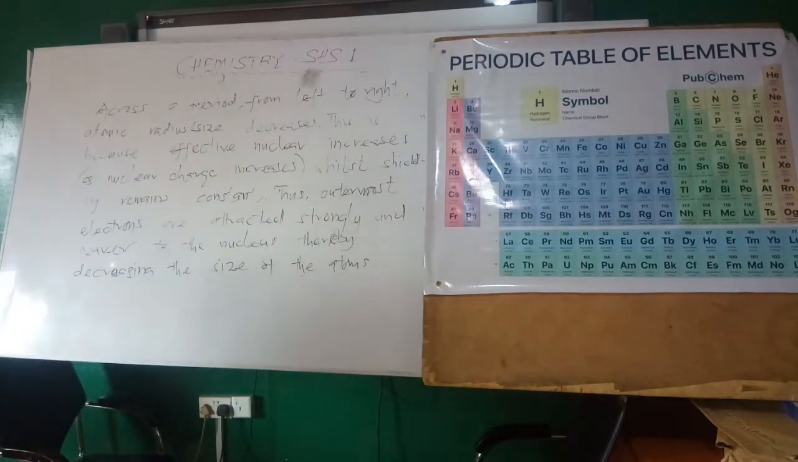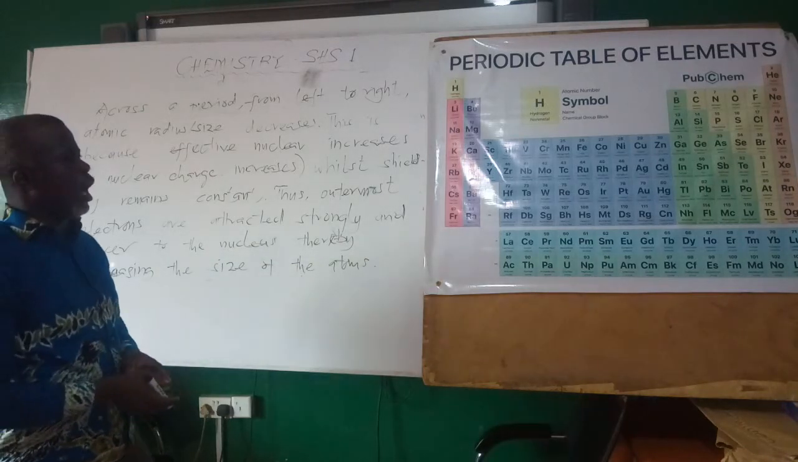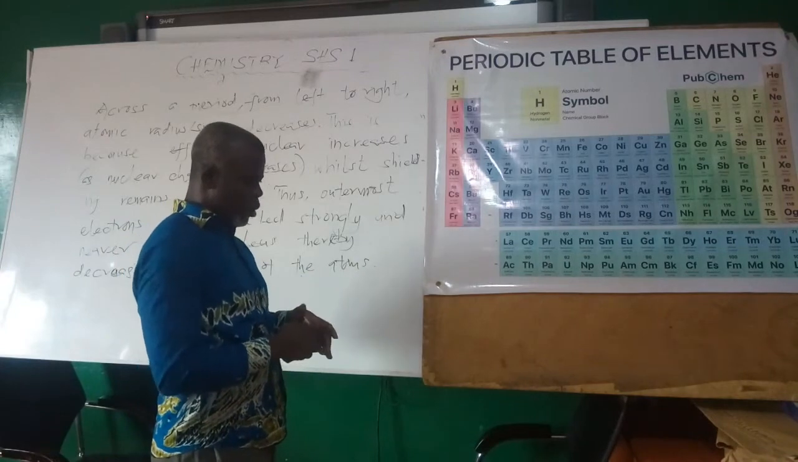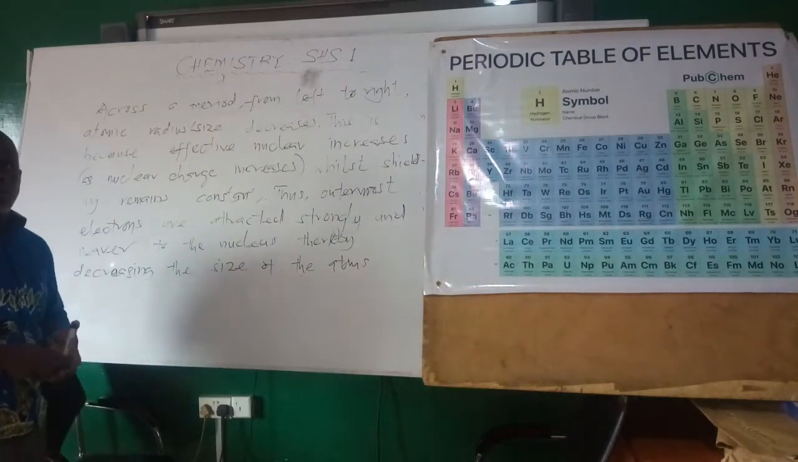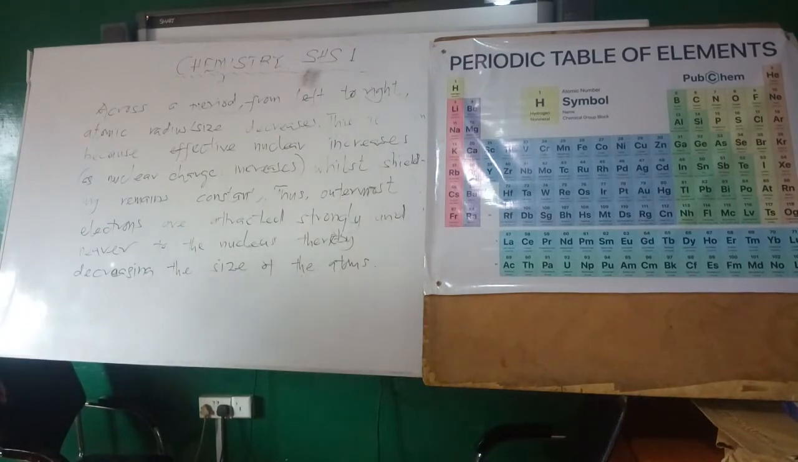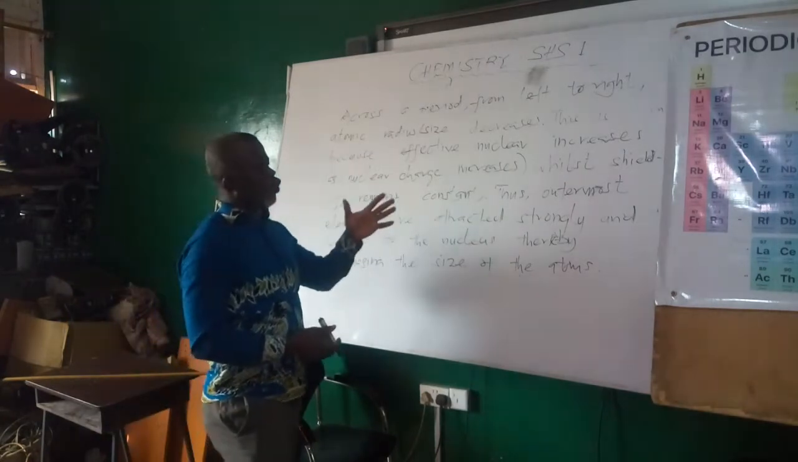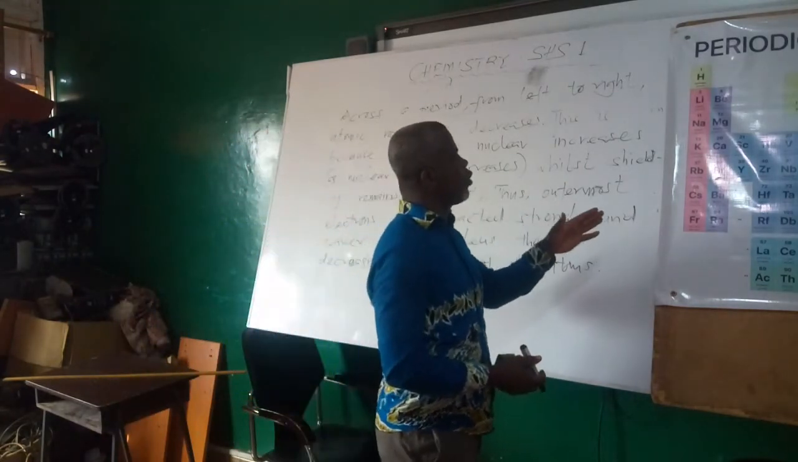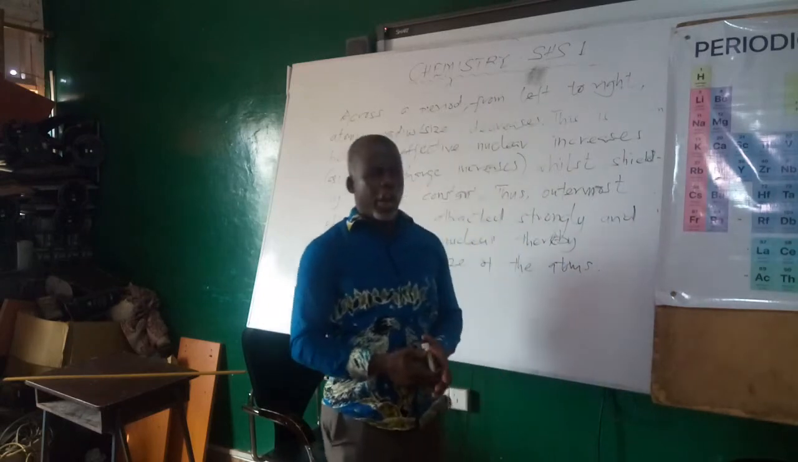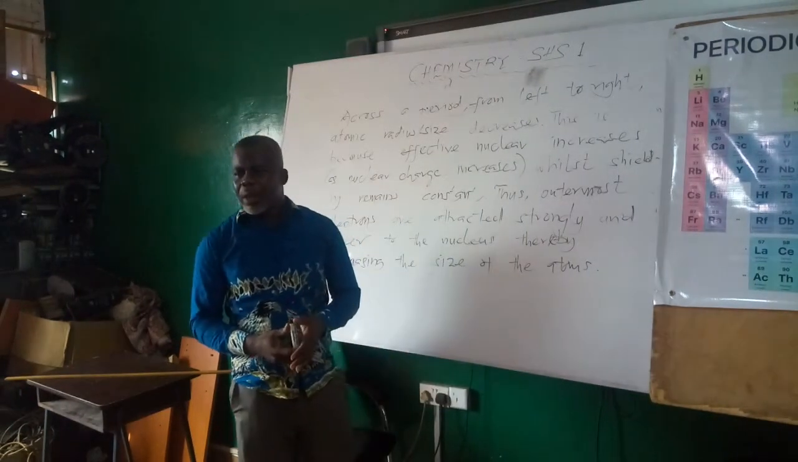So that is it. Thereby decreasing the size. So across a period, we expect a decrease in atomic size or atomic radius. So we'll have time to look at the trend of the atomic radius down a group. Today, I believe